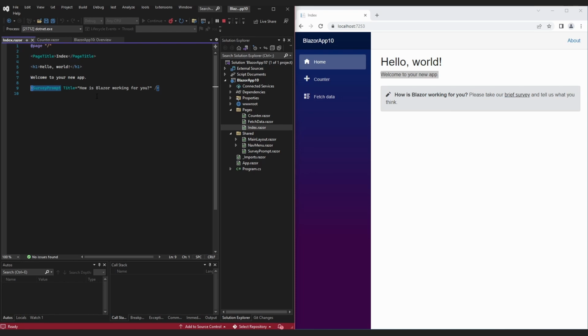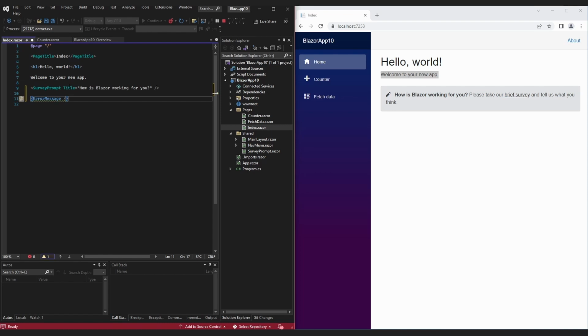It's a Razor component that is actually part of our project. Now, Razor components are .razor files, just like the pages that we've been looking at, but they're meant to be inserted within pages. Let's say, for example, that you wanted to create an error message with a red background that comes up whenever an error happens on your website. Instead of having to copy and paste the HTML and CSS code onto all of the pages of your website where you might have an error message, you could create a component called, say, ErrorMessage.razor and put that HTML code in there, and then any page where you would want to show an error message, you could insert it into that page just by typing ErrorMessage.